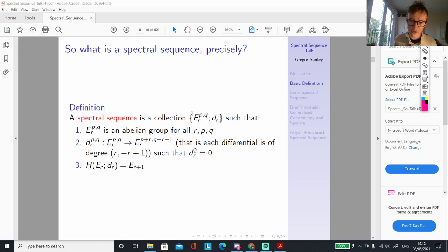So obviously it's going to have to satisfy some rules. Firstly, for all of these R, P, and Q in the integers,